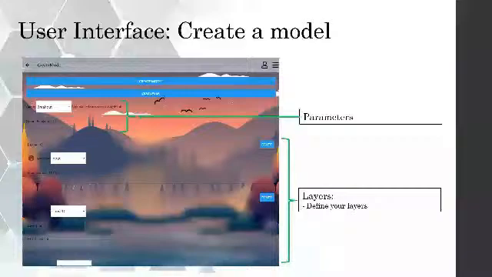Next, the interface to create a model, really easy for now. Just add some layers, and each card you can find at the bottom corresponds to one layer, and you just have to select the type of layer you want to add. Like the first layer is input, then as an example you see a convolution 2D layer. You choose, obviously, the game for which you want to train your model, and that's it for the model creation.